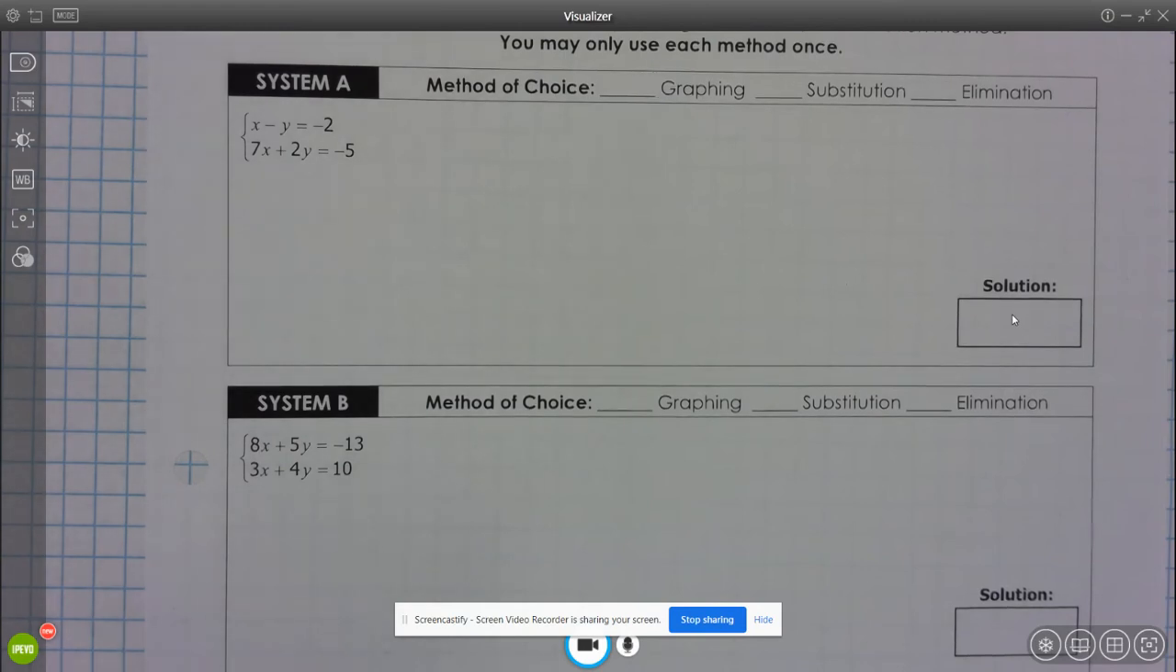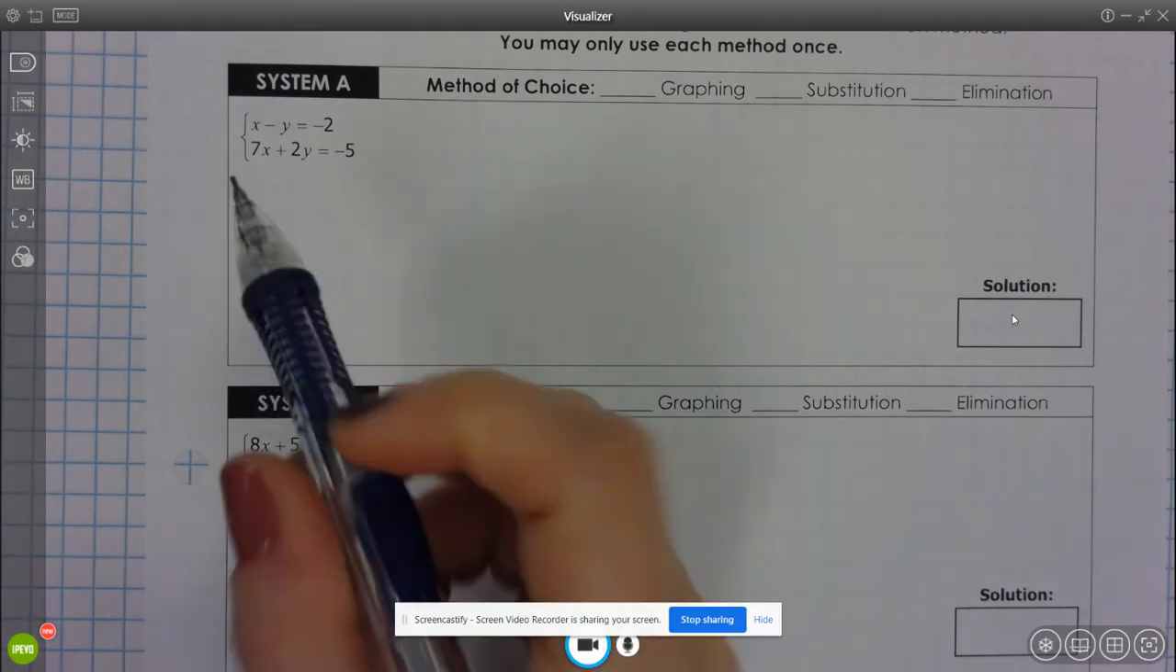If not, then I need to look at, could I quickly get one of my equations in x equals or y equals and isolate a variable? And if neither of those things are going to be super quick and easy, then I'm going to resort to using elimination. So in this first one,